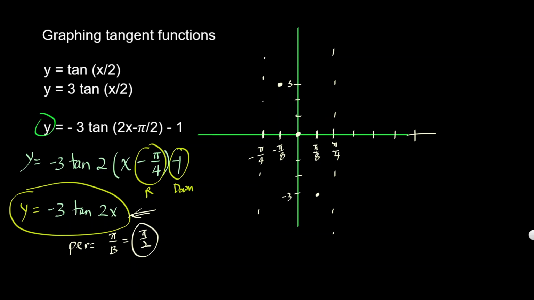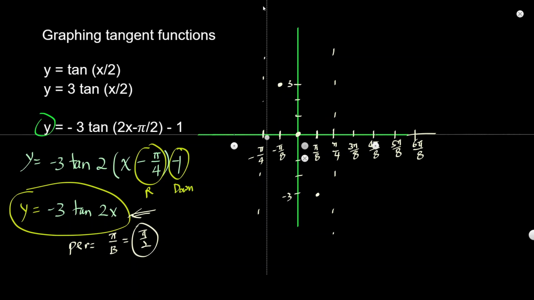Since that's pi over 8, that will be 2 pi over 8. This will be 3 pi over 8. This will be 4 pi over 8. I'm going to reduce it later. This will be 5 pi over 8. This will be 6 pi over 8, and so on and so forth. Okay. So first thing I'm going to do is I'm going to move that vertical asymptote over 2 increments because this is right pi over 4, which is 2 spaces right there. Okay, so I'm going to move that